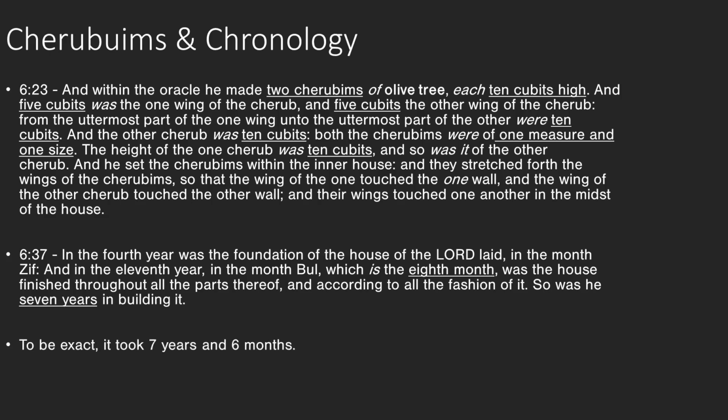That time in months is 90 months, or 2,700 days, or 64,800 hours. There's our 648 again. Or 3,888,000 minutes. There's our 3888 that we saw in the tabernacle measures, which is half of our 7776 from the seasonal numbers. And the time, in terms of Solomon's temple being built in seconds, is